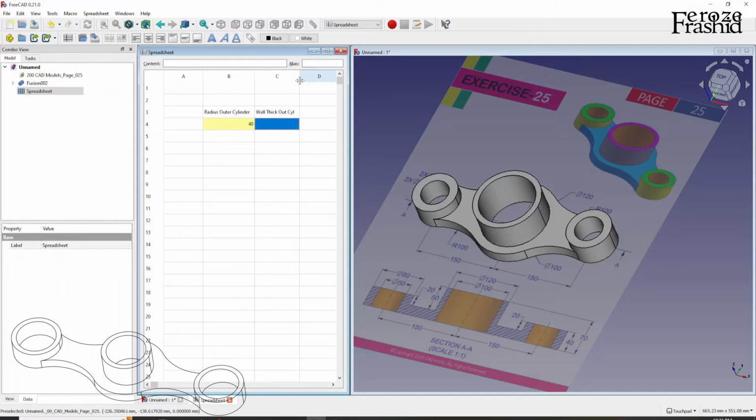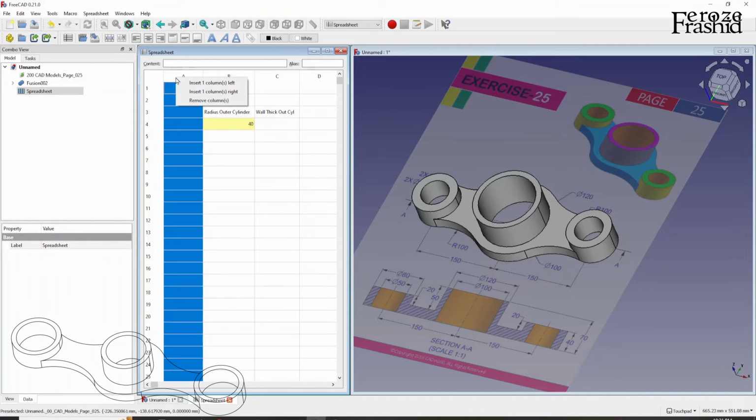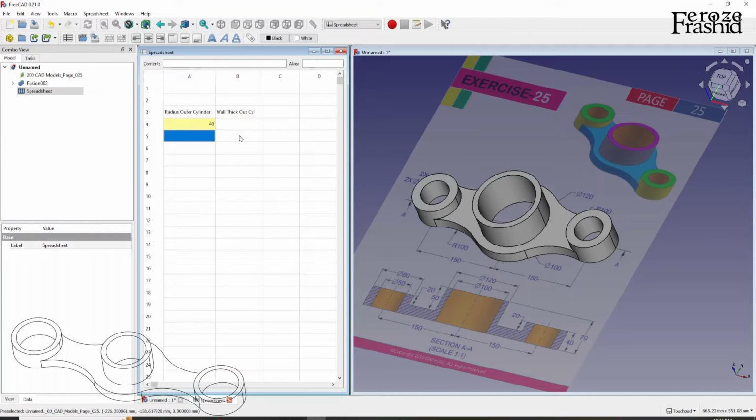Okay, I don't know why I kept this one empty. So the thickness of this wall is 80 minus 50, that's 30 divided by 2, so 15. We can actually make that calculation here. So equal to 80 minus 50 over 2, so that's 15, and alias says wall